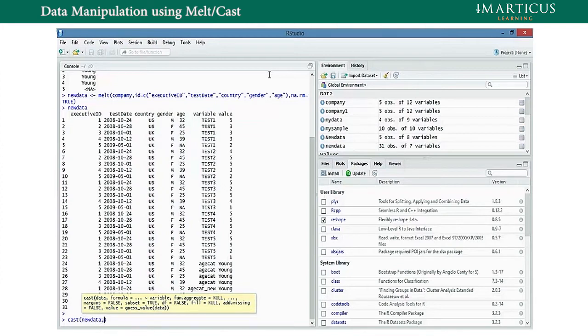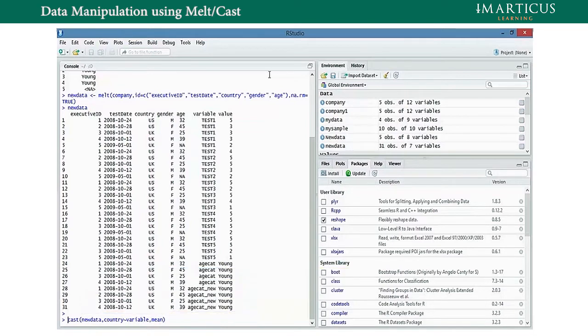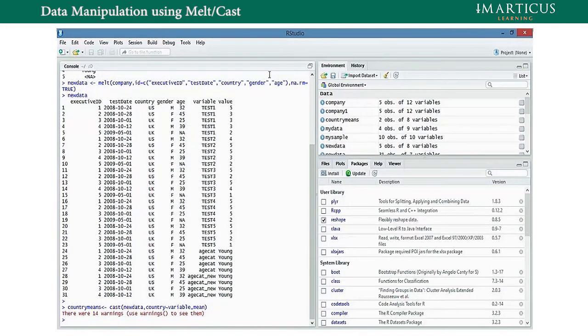And I can say country, and the tilde sign is for the variable on which you want to do it, and you can say over here what you want to do, whether you want to compute a mean and all those things, you can do so. And if you want to allocate this to some object, you can say country means, right, and save it over here. Okay, there's some warnings because